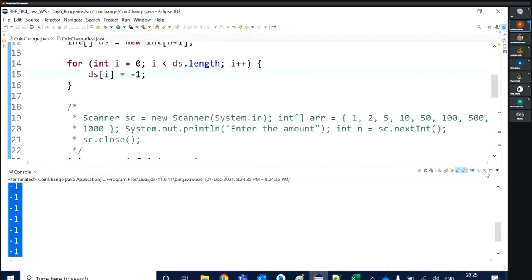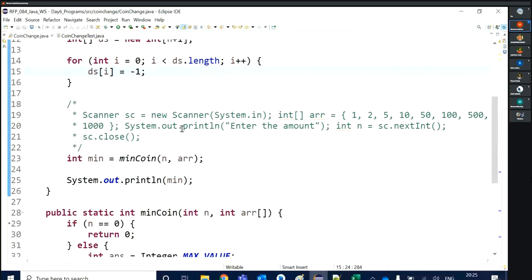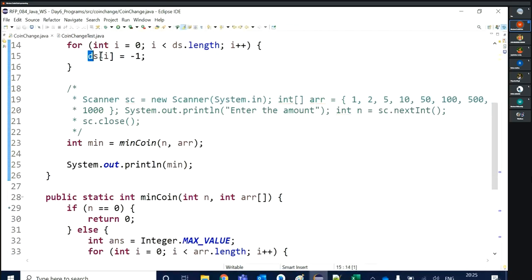And here again, let me close the console. Now we have this array defined, and I will pass it to this method because we need to use that. ds, not dp. So we need another array inside the method.